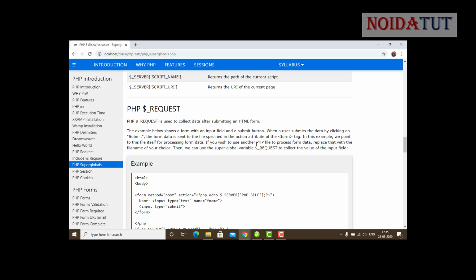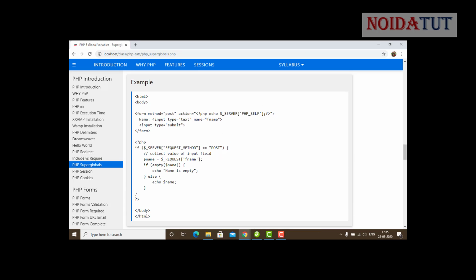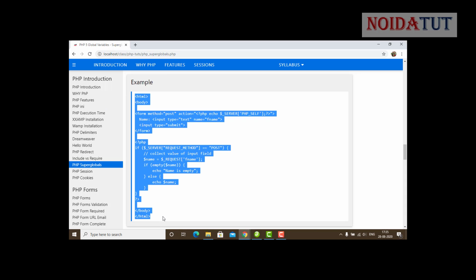If you wish to use another PHP file to access form data, replace that with the file name of your choice. Then we can use the superglobal variable REQUEST to collect the value of the input field. Now see what we are trying to do. This is a form method, and when we press enter, it will go to this. Now let us try to run this.